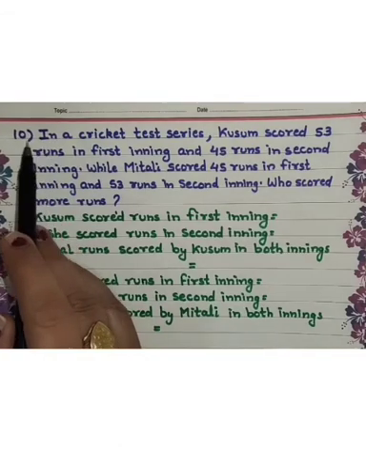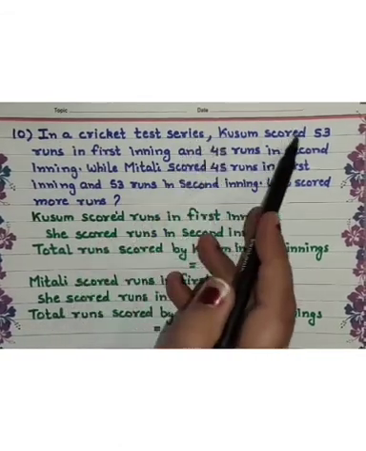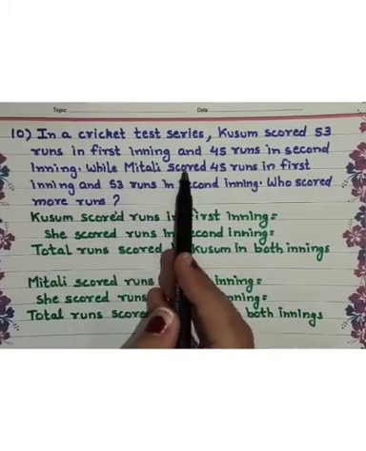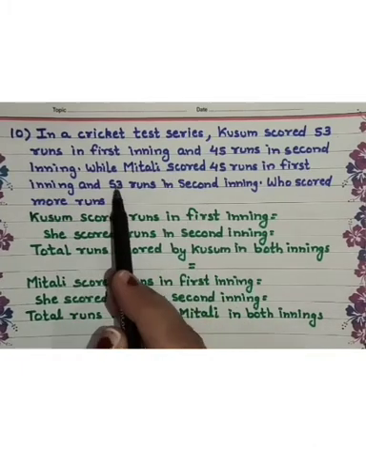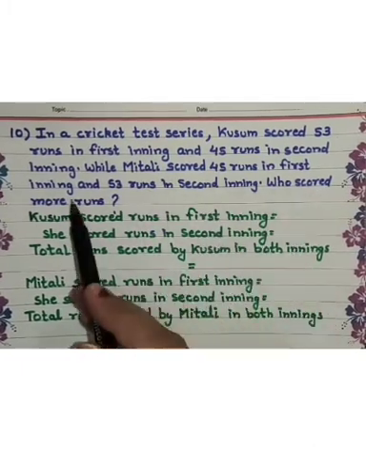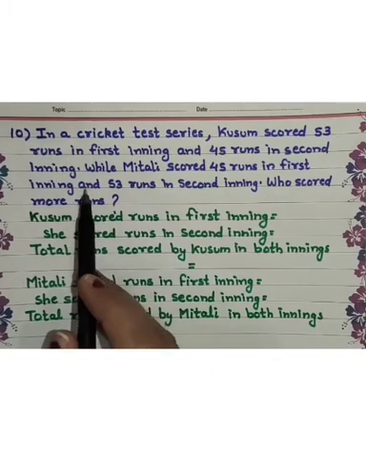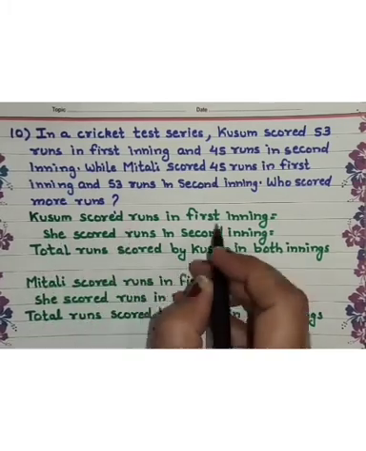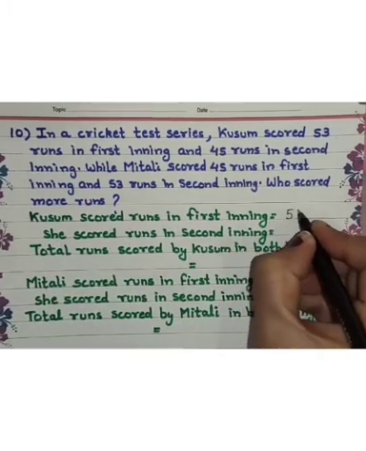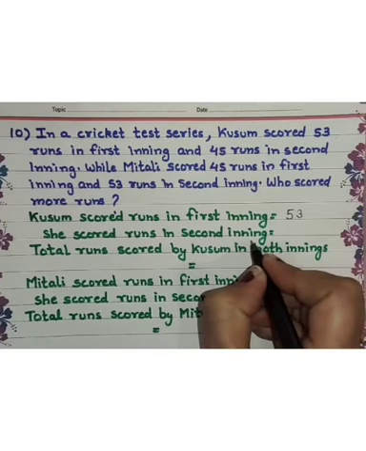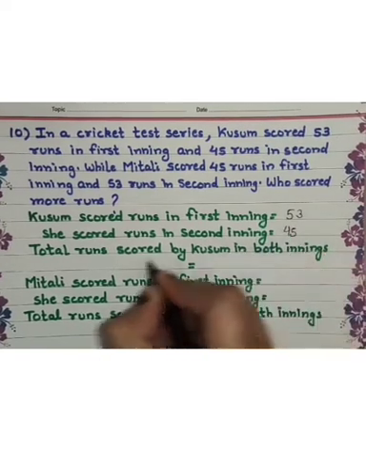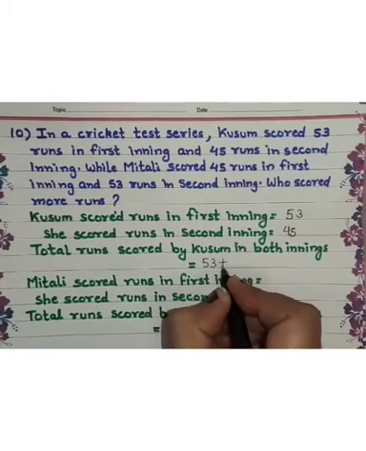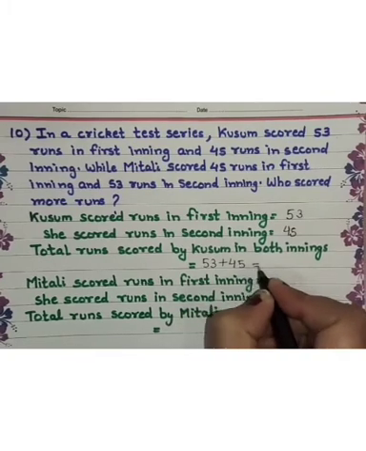Question number 10 is, in a cricket test series, Kusum scored 53 runs in first inning and 45 runs in second inning, while Mitali scored 45 runs in first inning and 53 runs in second inning. Who scored more runs? Kusum scored 53 runs in the first inning and 45 runs in the second inning. Total runs she scored in both innings is 53 plus 45. 53 plus 45 is